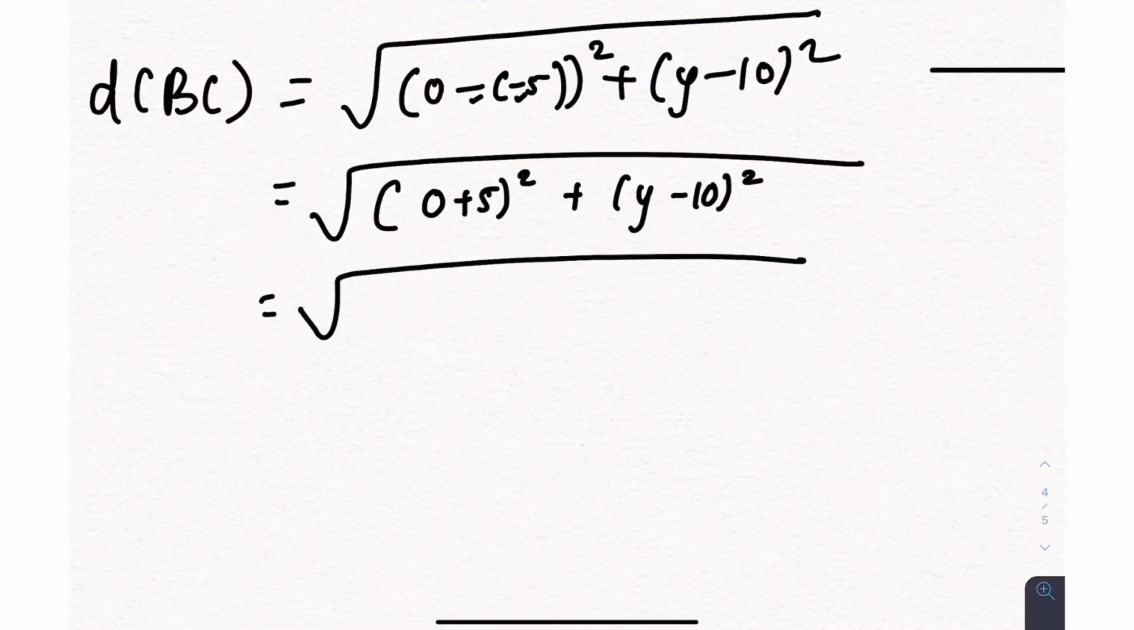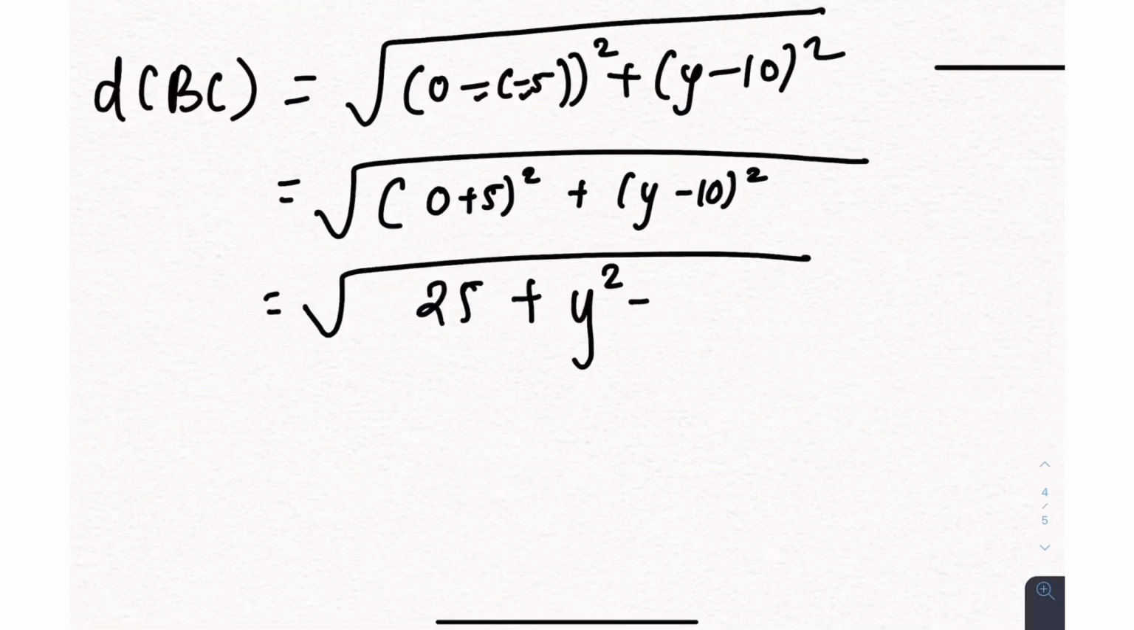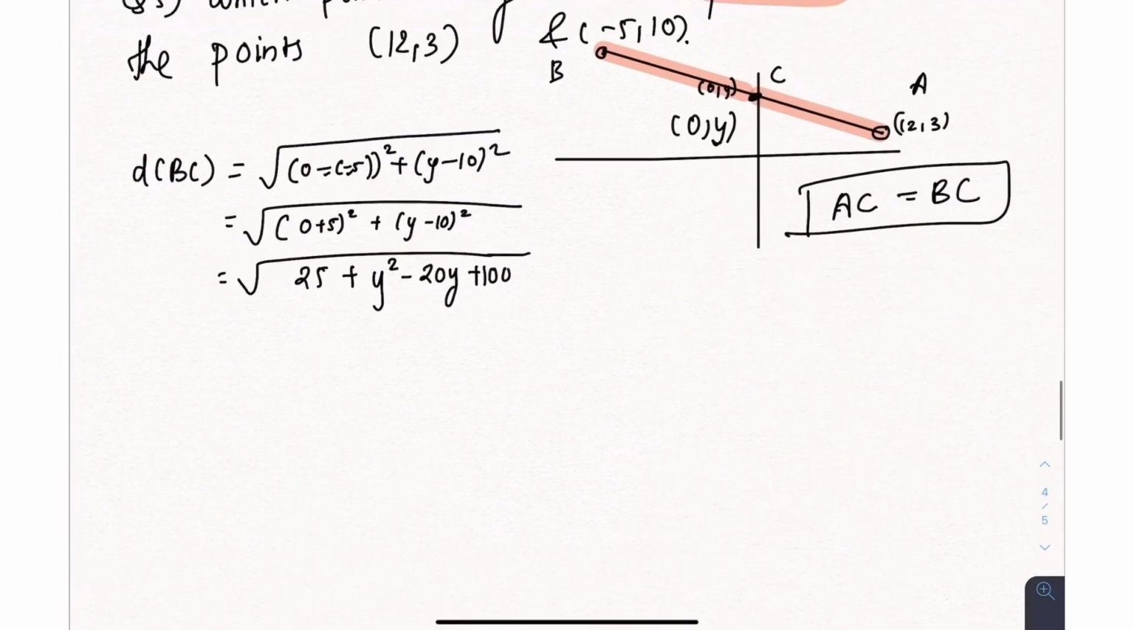0 plus 5 is 5. What is 5 square? 25. And if you want, you can expand this (y minus 10). So you have to use the (a minus b) the whole square formula: a square minus 2ab plus b square. Okay, keep this inside the square root. Now next thing will be to find distance of AC